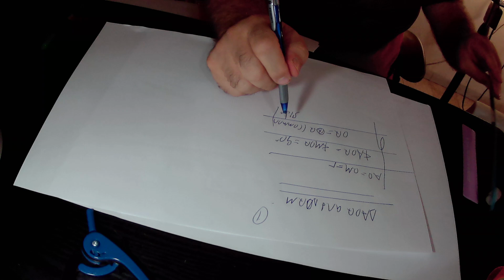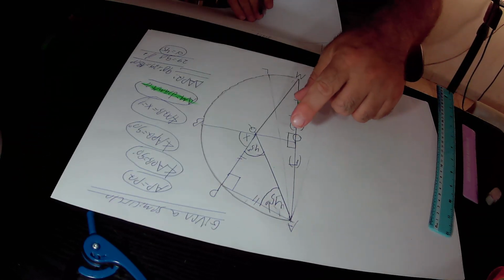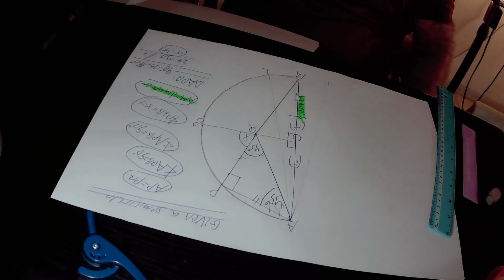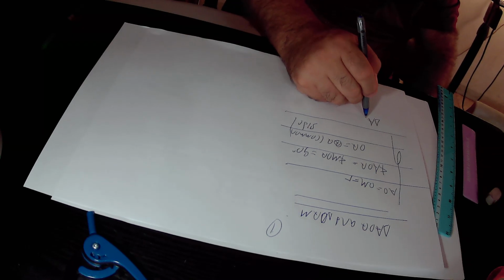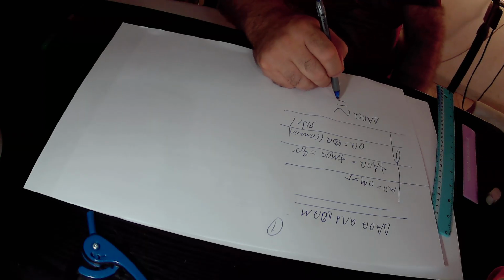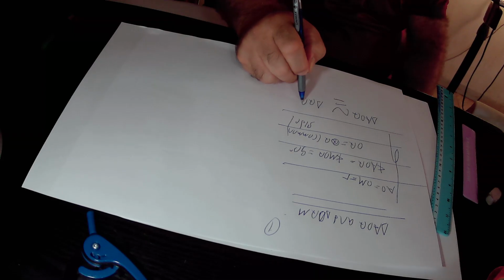So we should prove that those two right triangles can go into each other according to the side-angle-side rule. So I write it down. We prove that the right upper triangle AOQ is congruent to the right lower triangle OQM